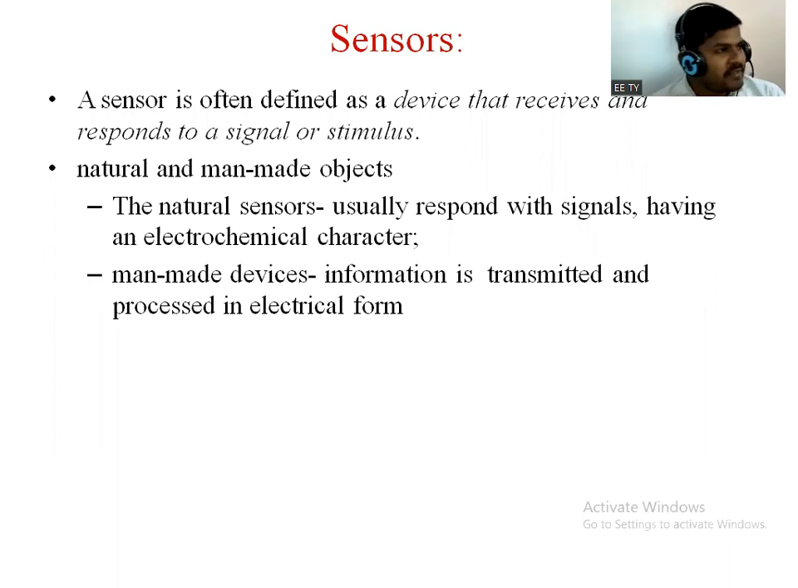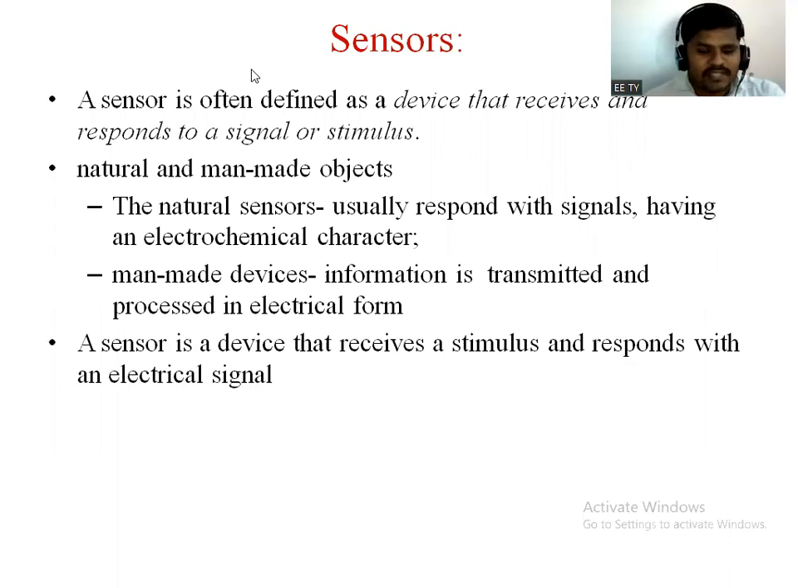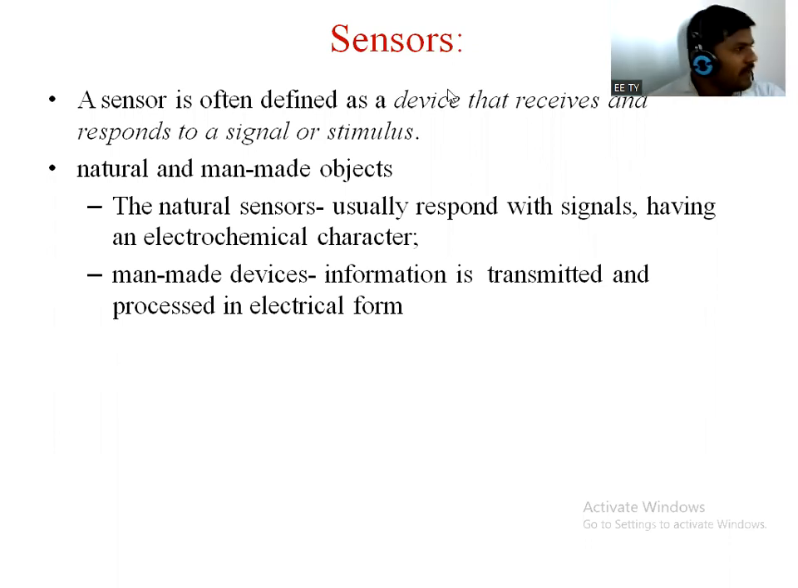Natural sensor means it is one type of object or device present in a living organism. Can anyone give me an example? Nerve system, right? Correct. So the nerve system, which is present in the living organism, will receive that signal